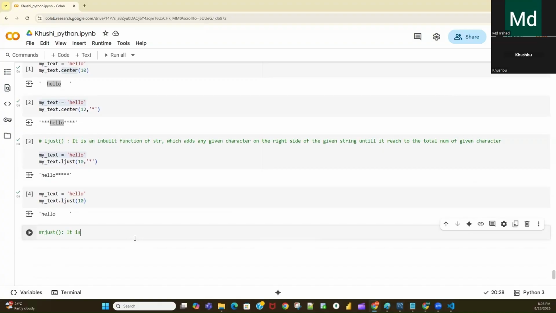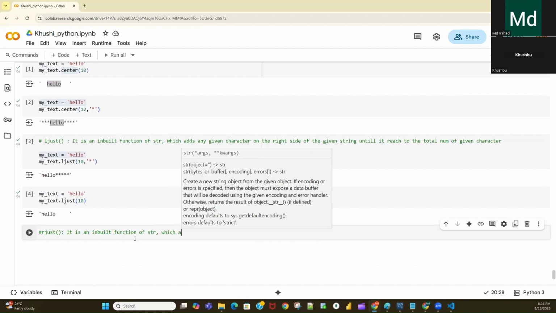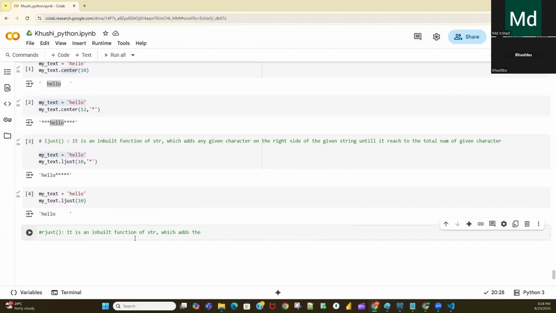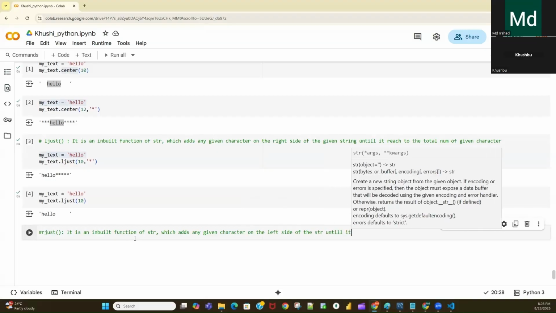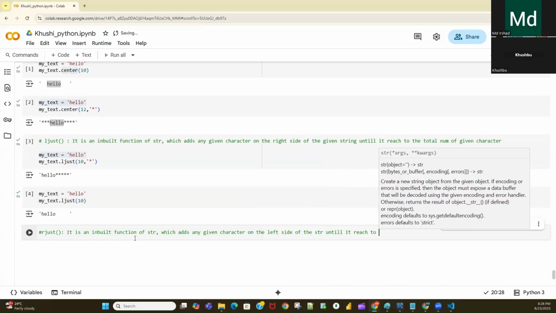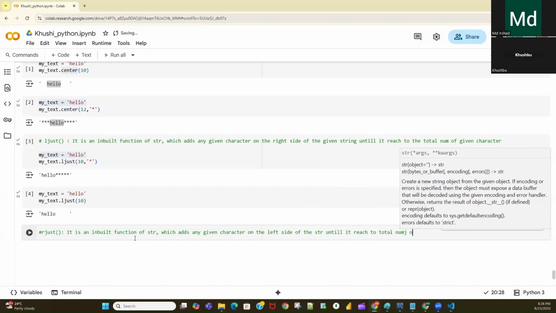It is an inbuilt function of string which adds any given character on the left side of the string until it reaches the total number of given characters.